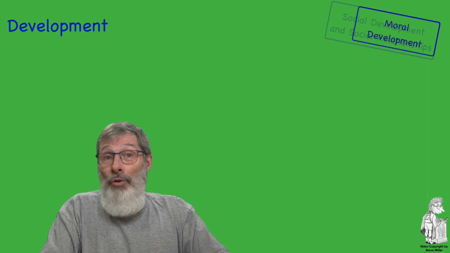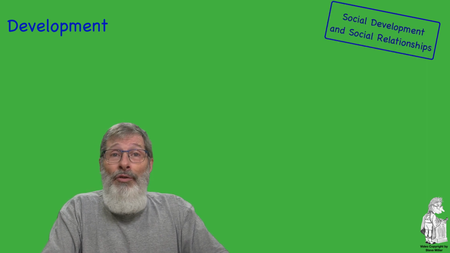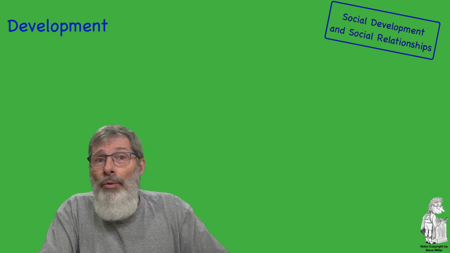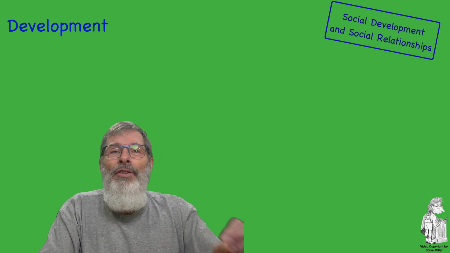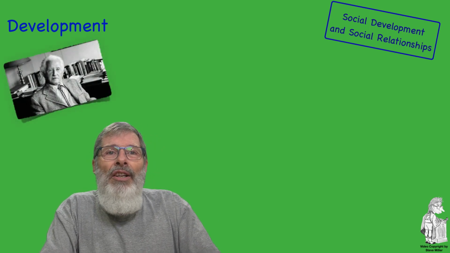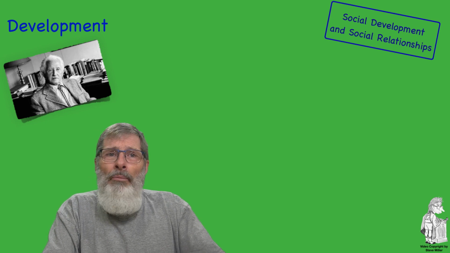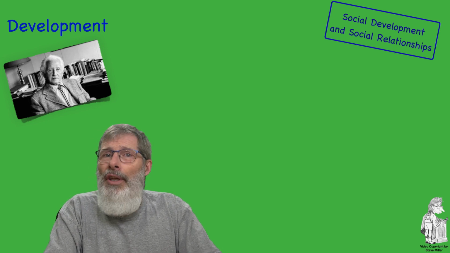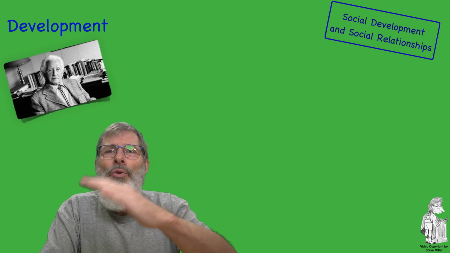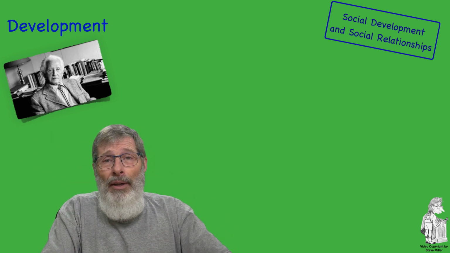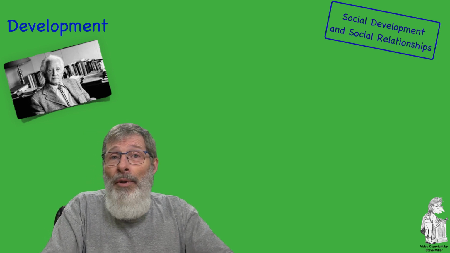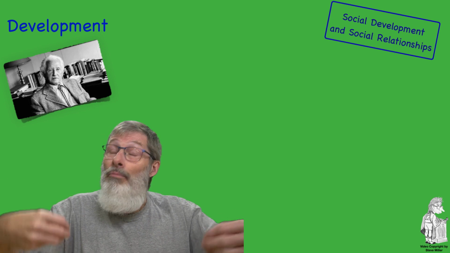Now we'll move to our social development and social relations. Social relations are crucial. As children, our very survival depends on our social relations. Erik Erikson's stages of psychosocial development is what we're going to be exploring, and Erikson believed that individuals progress through 8 psychosocial stages during their lifespan, each defined by a conflict with the social environment that must be resolved in order to move to the next.